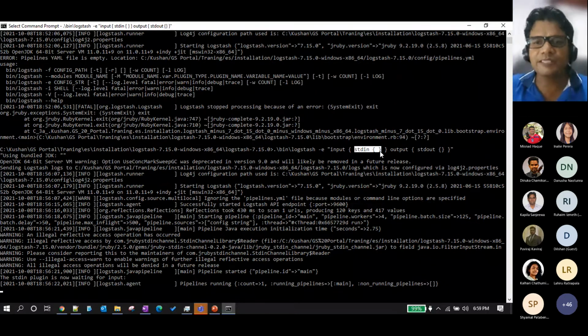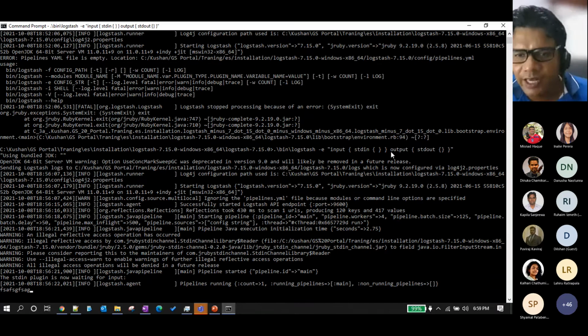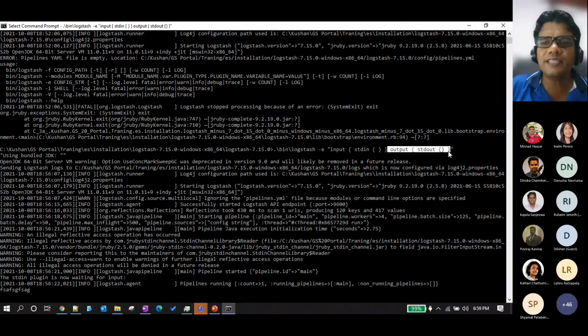What is the stdin? It's the standard input, which is me entering something in the console. So it's a standard input, and I don't have a filter in here, but as an output I told it stdout. I am not putting it into Elasticsearch. I am not putting it into MongoDB. I am just putting it into the stdout. So Logstash will read what I have entered in the stdin, and then just output it into the stdout,